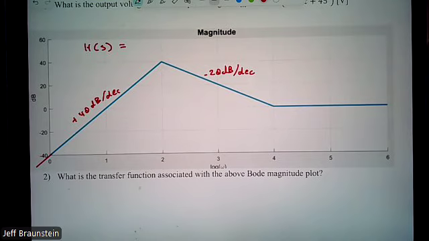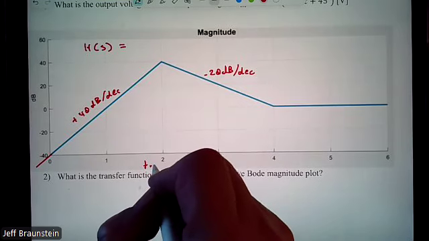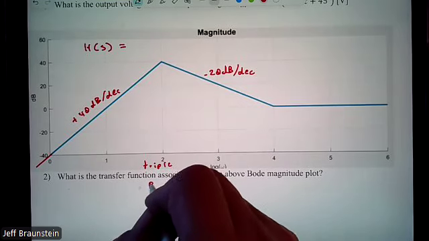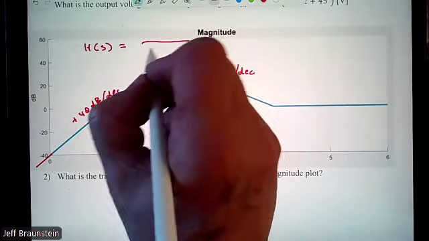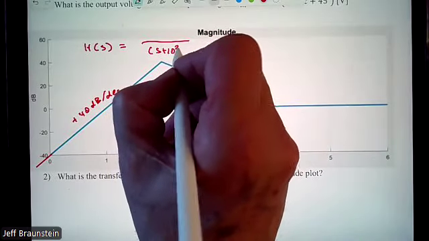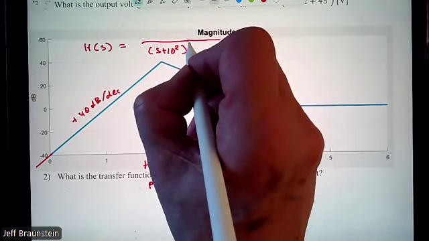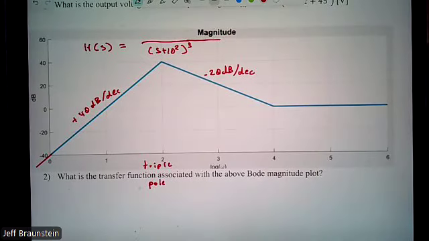It's a pole or a zero. It's got to be a pole, because the slope is changing in a negative way. It's changing by negative 60, which means what size pole is it? Triple pole. So this is a triple pole. Going to our transfer function, we can do s plus 10 to the 2, cubed. We may have more, so I'll leave that. There's a triple pole. We can write that down quickly.